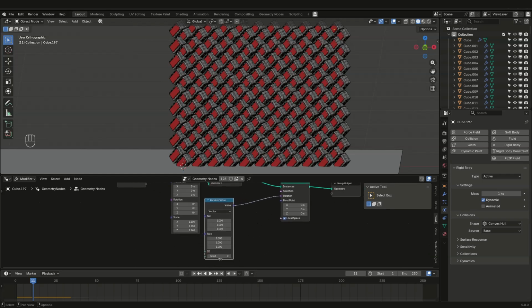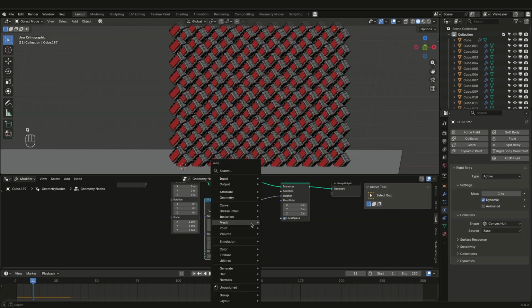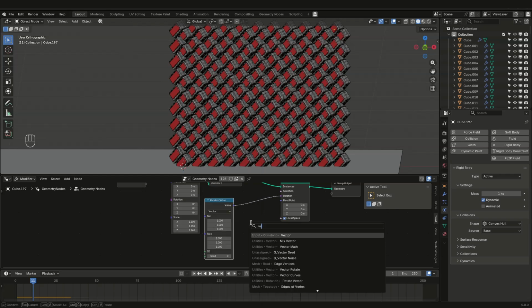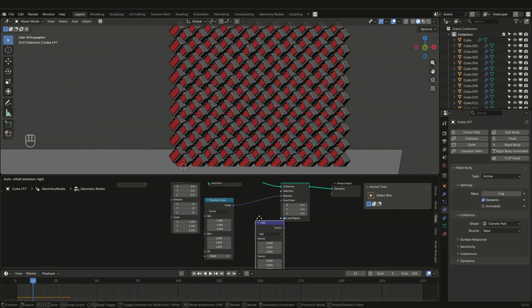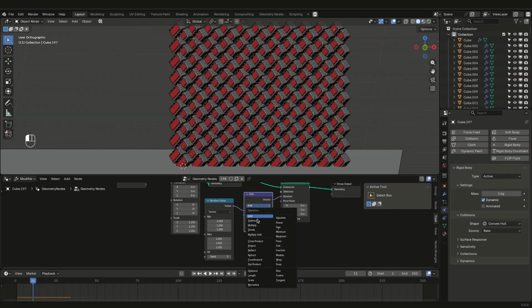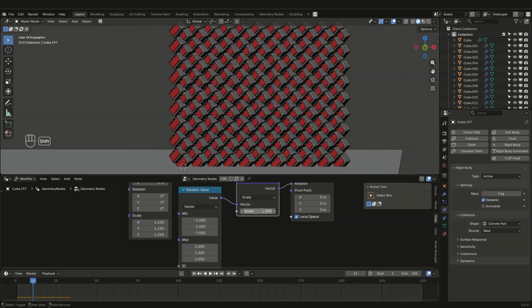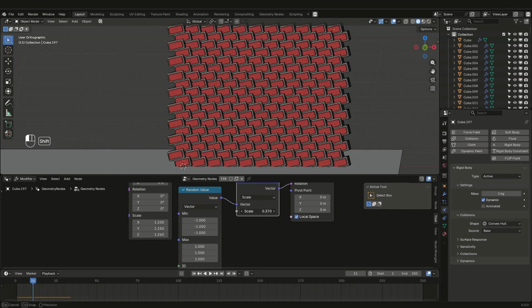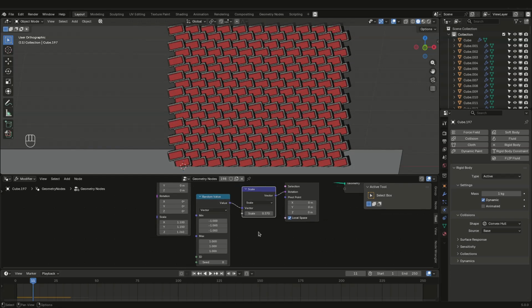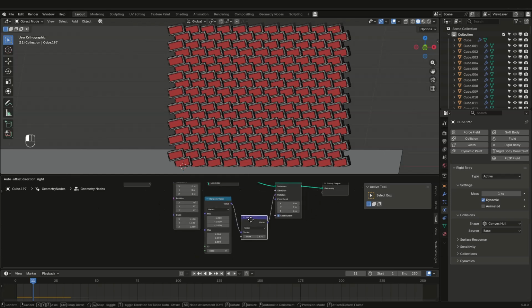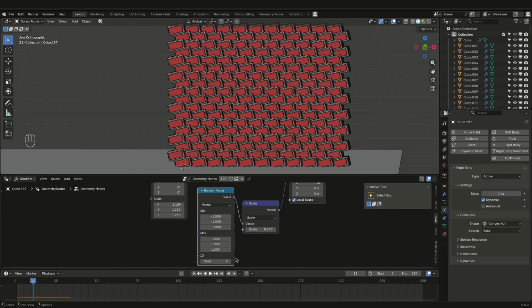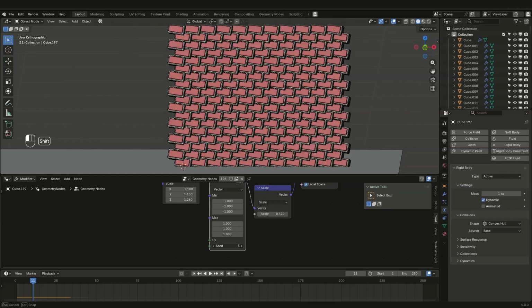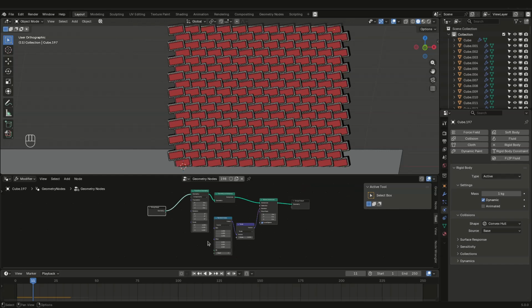I like to not change this value to adjust. I like to use the vector math node, and use a scale value. This is so much easier to change the value. So that's okay, but what is missing is that we want a different value for each brick, and we will need to change the seed of each brick. For that, we just